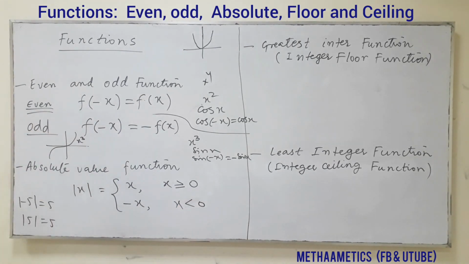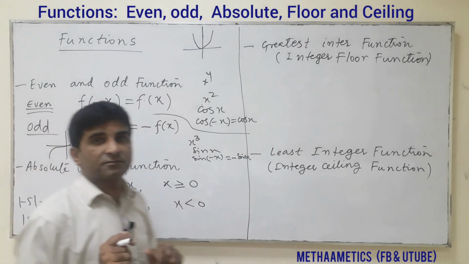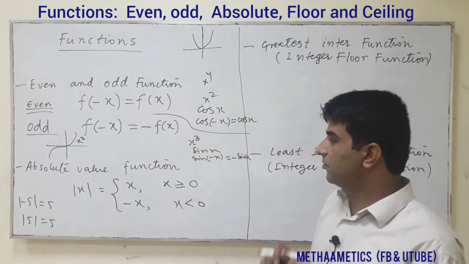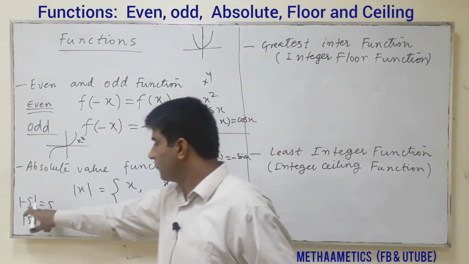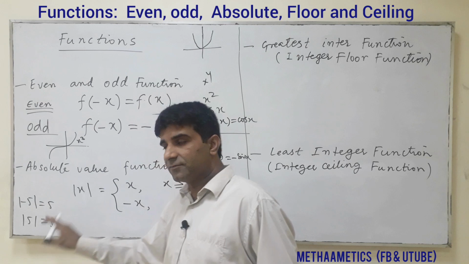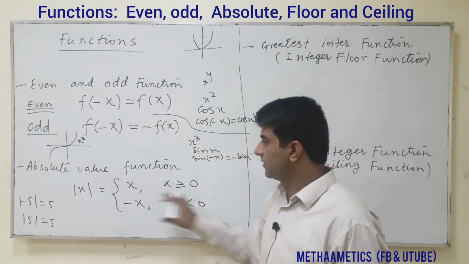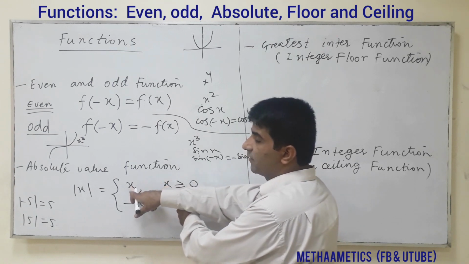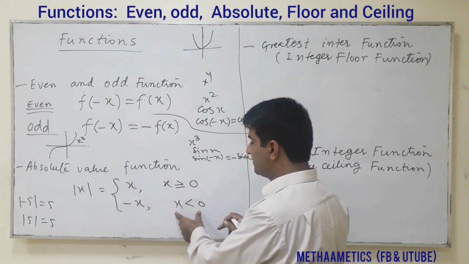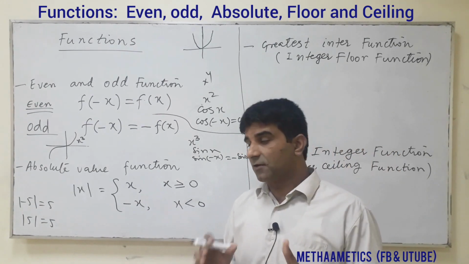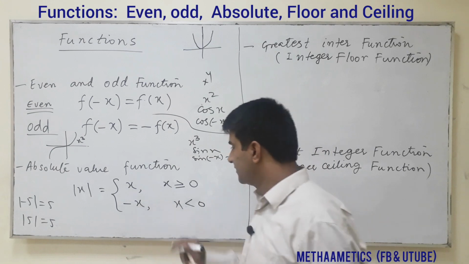Okay, so why is there a difference between the algebraic and the arithmetic absolute value function? When we put a negative value, we get a positive, and a positive value we also get positive. But here in algebraic form, when the value is positive, we get a positive value. When it is less than 0, we get minus x. What is the reason? Okay, so let's learn the reason behind it.